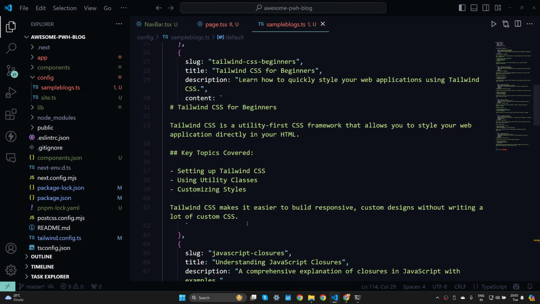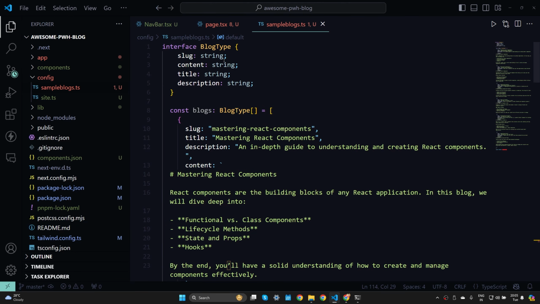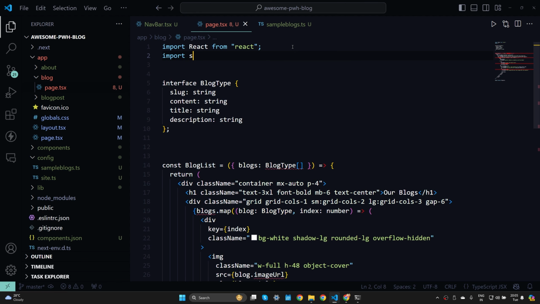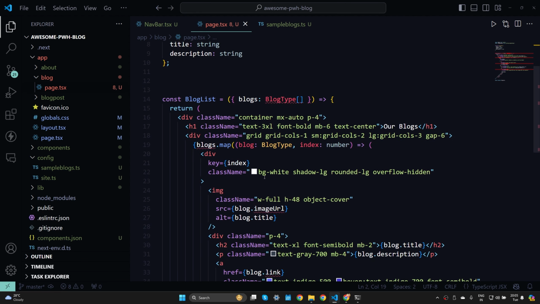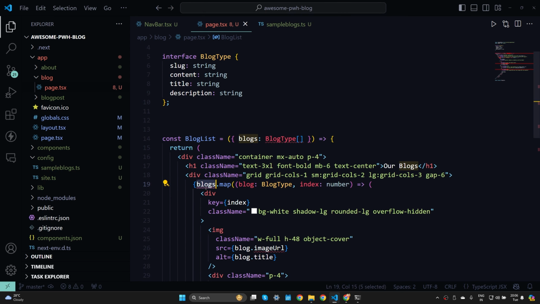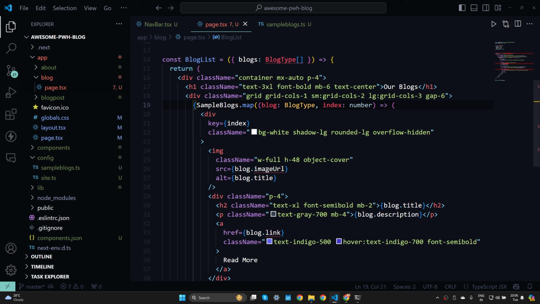Let's name it const sampleBlocks. Okay, let's import sample blocks. So we have imported sample blocks and we'll be using sample blocks, and then once again